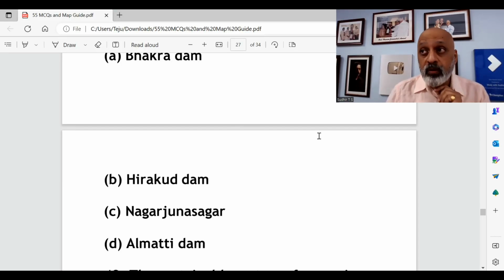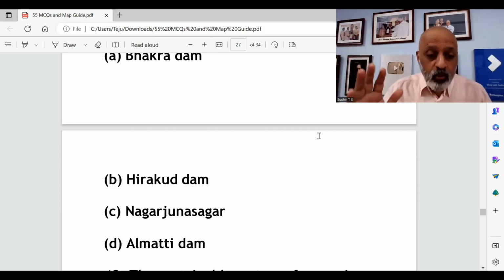Almatti Dam, I remember there was a huge dispute in the late 90s between Karnataka and Andhra Pradesh, then United Andhra Pradesh, over the sharing of water. Because they thought Karnataka was denying the water to Andhra. So there was a huge dispute. तो वहां पे जाओ तो, you know, the locals would get very angry, and it had terrible roads. I remember going through one of the worst road journeys in my life, going around Almatti.